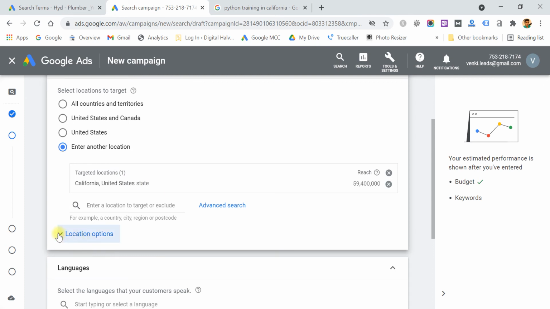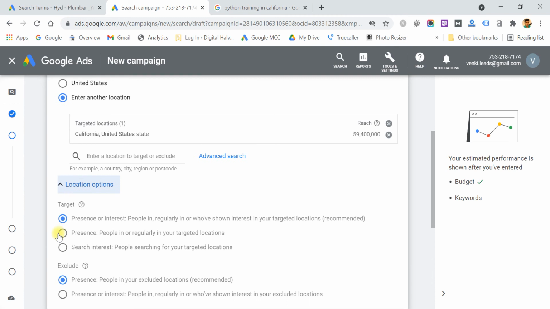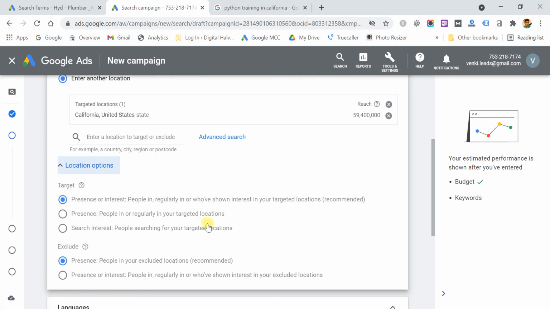Again you can see a few options here. The first three are very important. If you select the second option, only the people who are residing in our targeted location, that is California in our example, can see our ad.